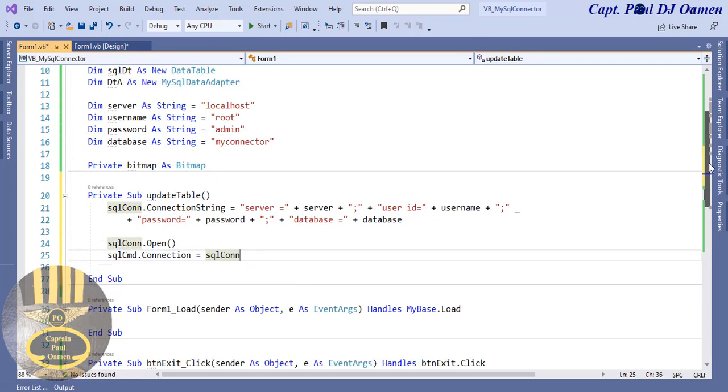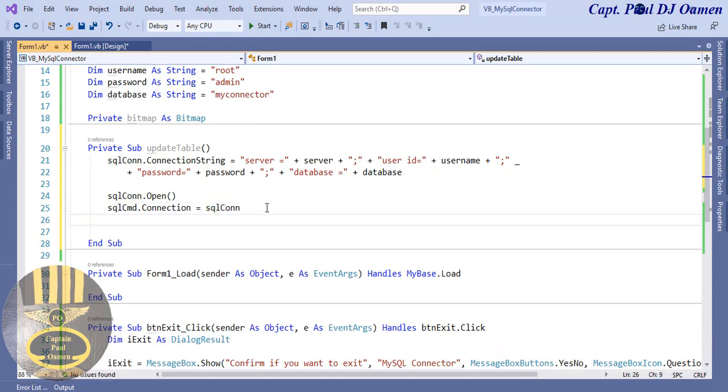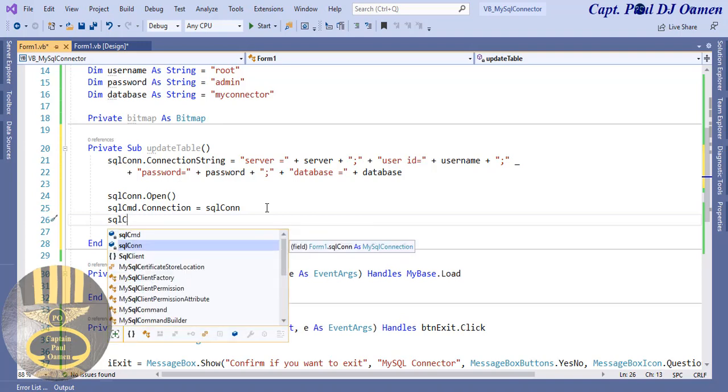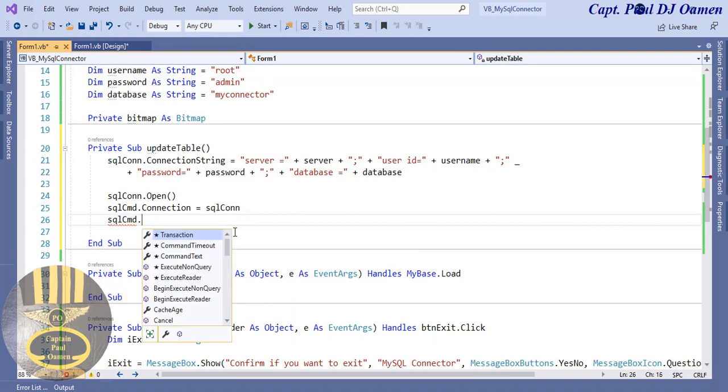Now let's grab the command again. So I'm going to ask the command to select from my database. So let's say command, SQL command dot command text,